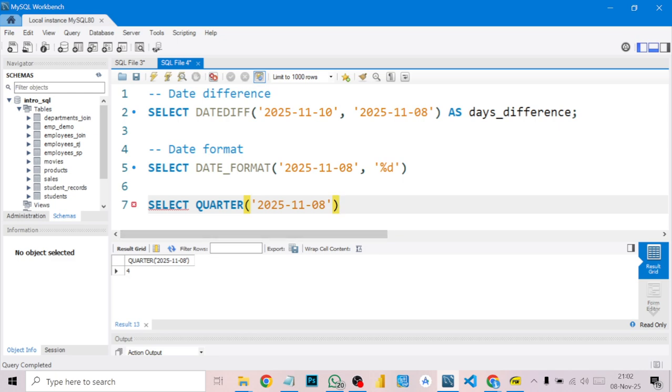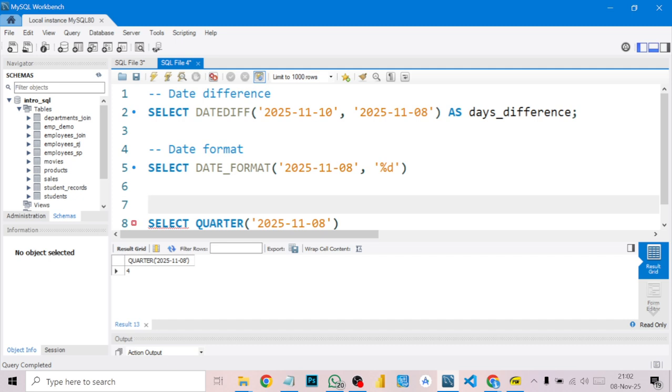January, February, March, that's the 1st quarter. April, May, June, the 2nd. July, August, September, the 3rd. October, November, December, the 4th. So November falls under the 4th quarter of the year. So that's what it's returning here. You see the concept. So this one now I can say day, month, year,